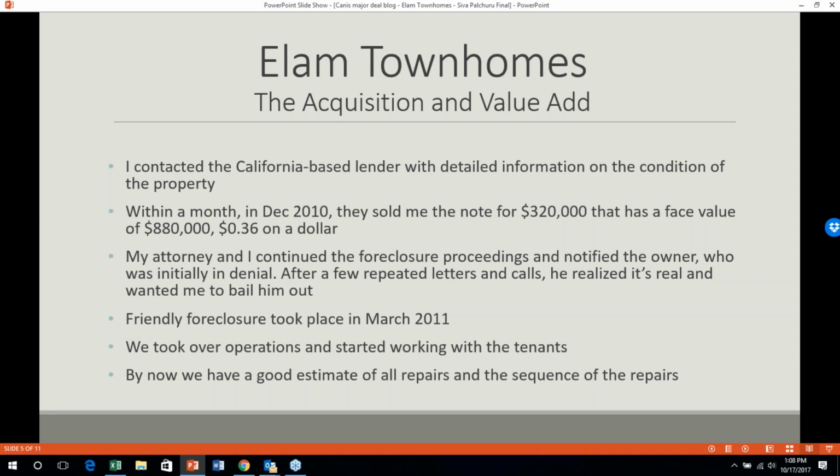So I actually filed very comprehensive paperwork on this, all the things that were wrong on the property, and I sent the letter to the lender, who is in California, along with my supporting documents. I allowed 3 days for them to receive it because I sent it by express mail. Then I contacted the lender, and he told me that he would be happy to meet with me at the property